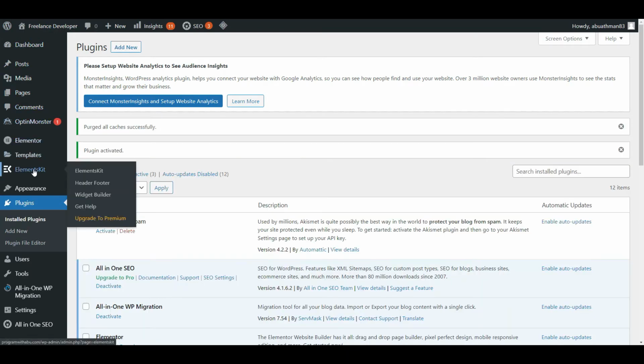As you can see up here, we have an Elementskit tab. First thing we want to do is create a header footer template, and if you have Elementor Pro, you can add the template here with the theme builder, but like I said, this is going to be a free tutorial. Everything you're going to use is going to be for free. So you're going to go ahead and go to header footer,